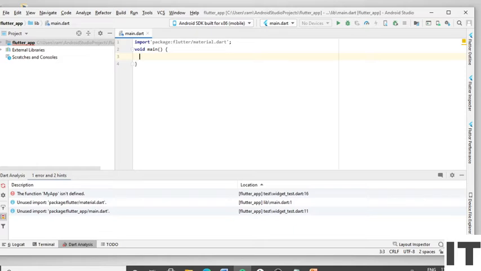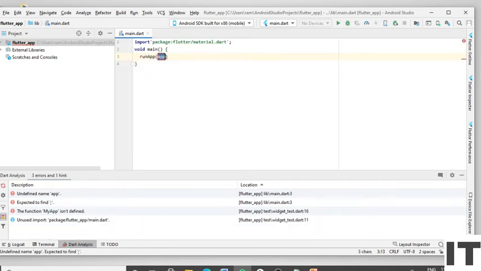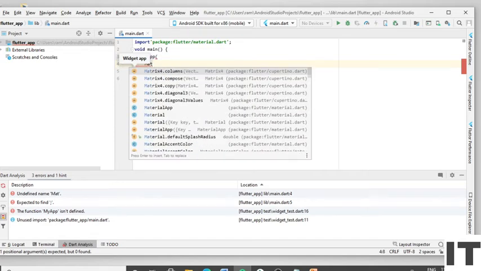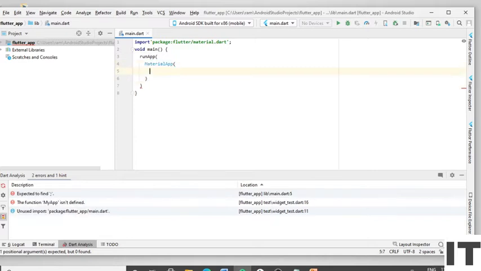Declare the runApp method in the void main method. Now type the MaterialApp widget. Here I will define the title.